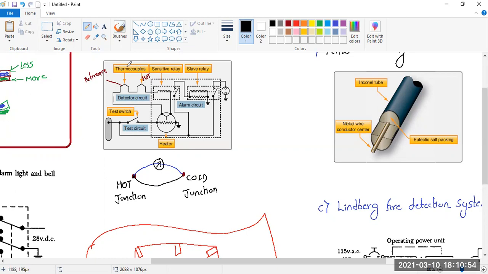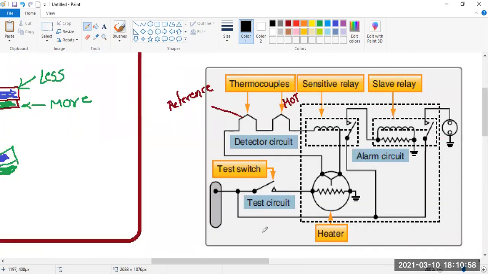In a thermocouple for a fire detection system, we don't have a cold junction. We have a reference junction. Another one is the hot junction. That means what? If you have to detect fire in the engine, naturally in the engine we are going to switch on the fire in the combustion chamber, right? So there the temperature is going to rise anyway. So if I keep an overheat detector, that is a thermal switch, over there, what is the problem? As soon as the temperature increases, it will detect the temperature.